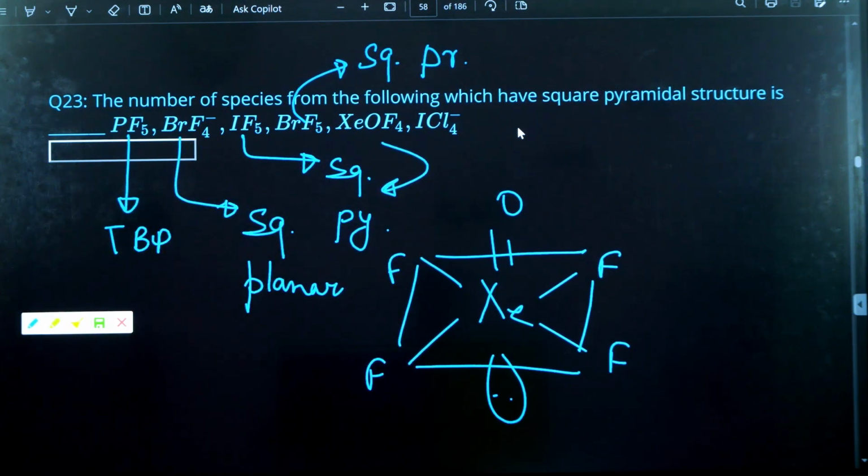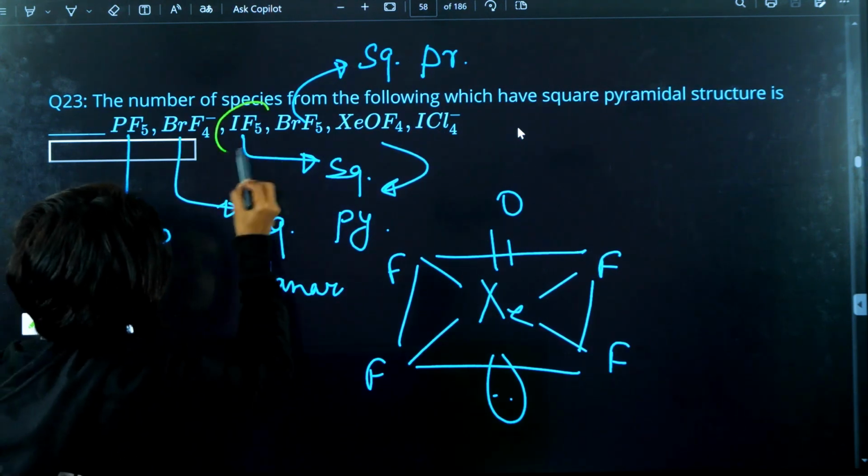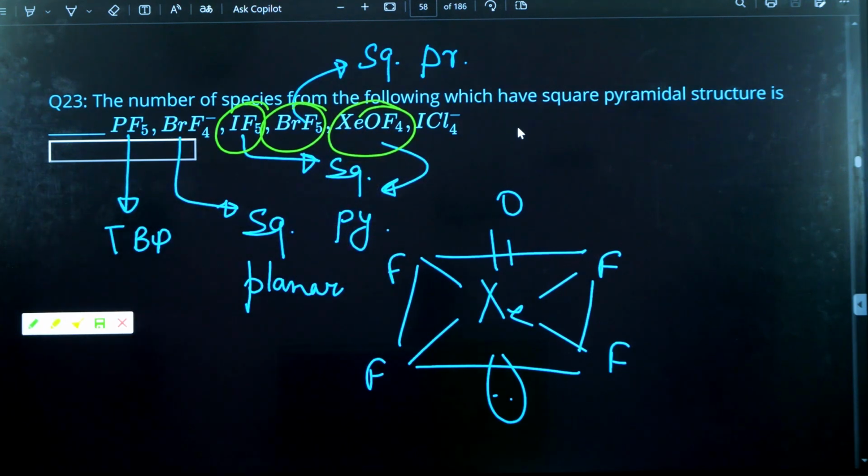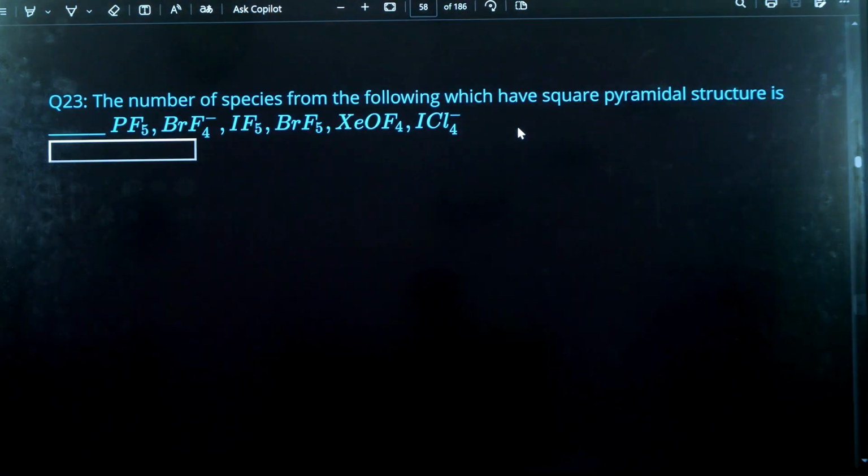ICl4 negative, again square planar, 2 lone pairs, 4 bond pairs, square planar, it is not pyramidal. So how many pyramidal do we have? This is square pyramidal, this is square pyramidal, this is also square pyramidal, guys. Right? So square pyramidal. So the answer indeed is, because we are to look for only square pyramidal, you can